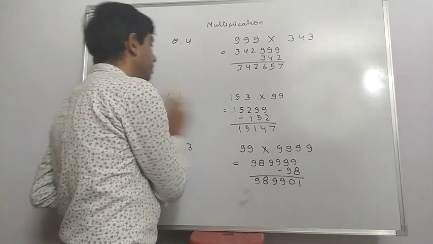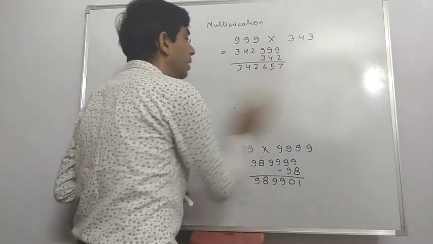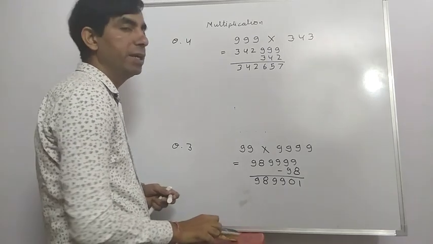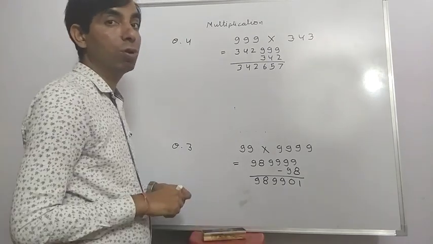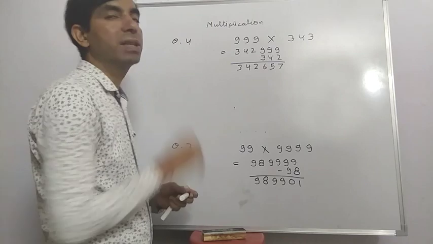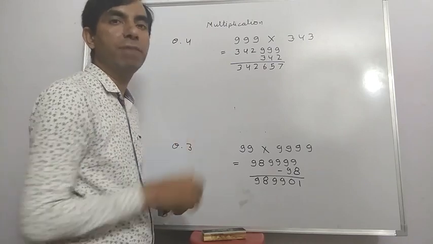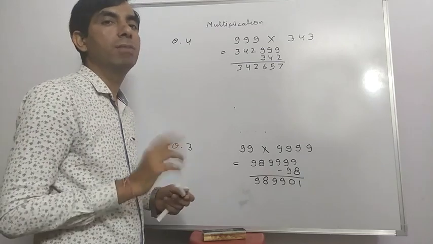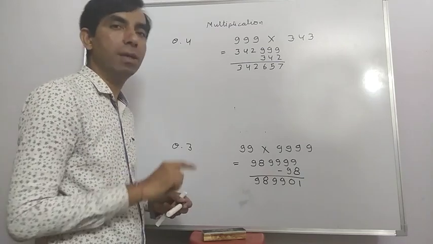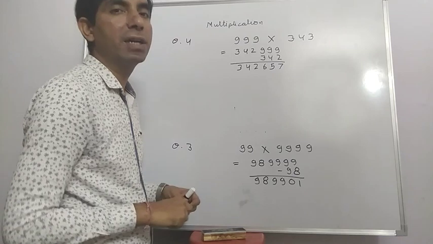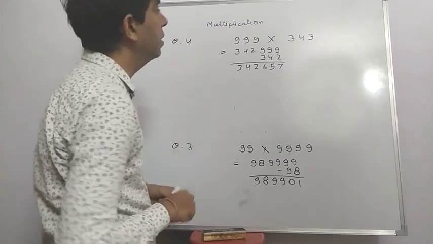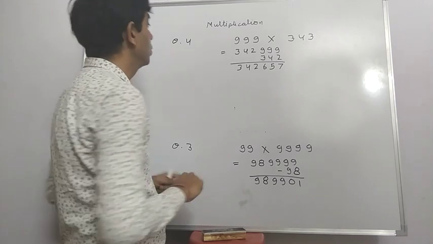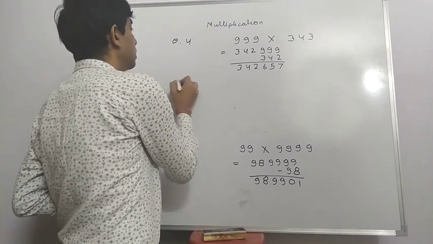But remember that the number must be made only of 9 digits. If that number is not made of 9 digits, then this method does not work. Just like the previous method: yesterday we learned that for numbers divided in two parts, the first part is the same and the sum of the different part is placed after them. Today we learned that for a number made of 9 digits, we multiply it similarly.